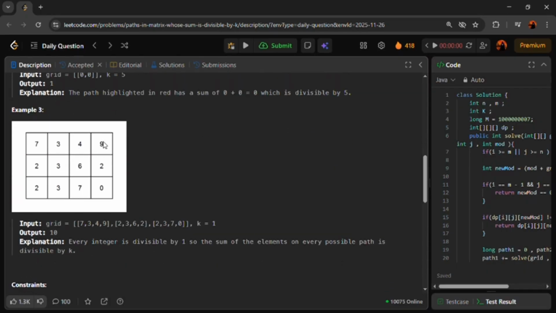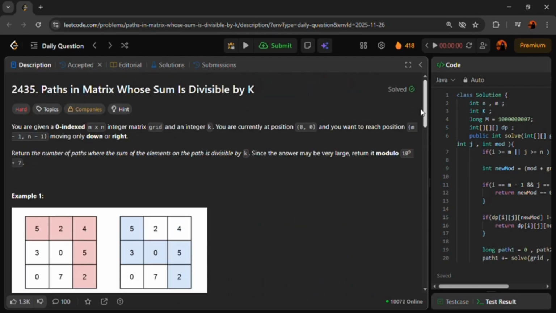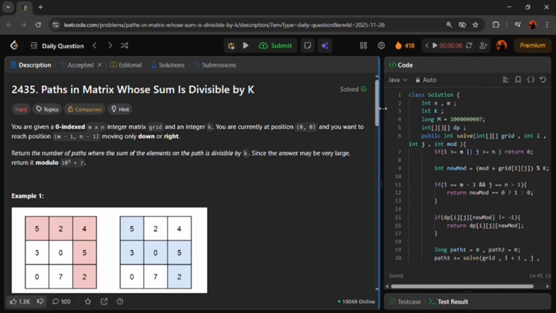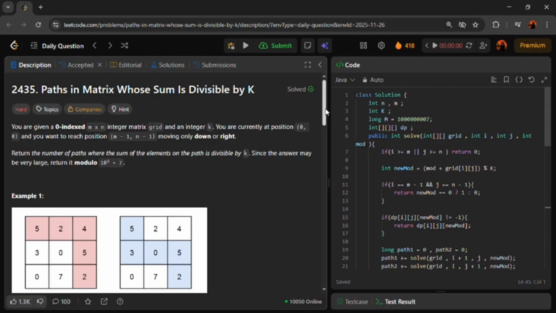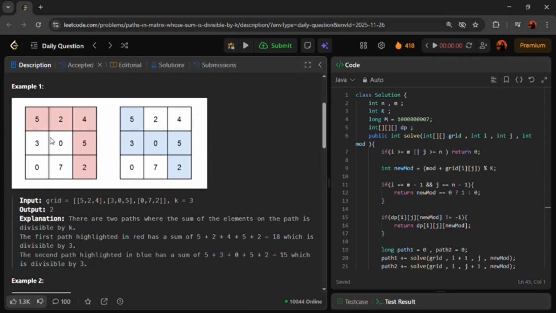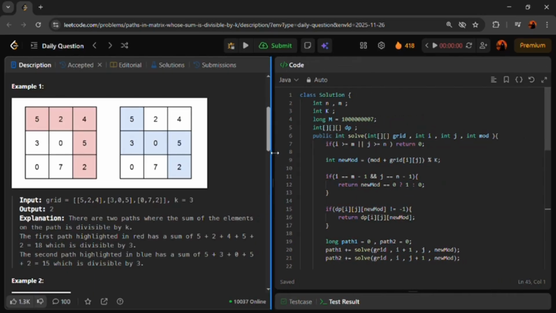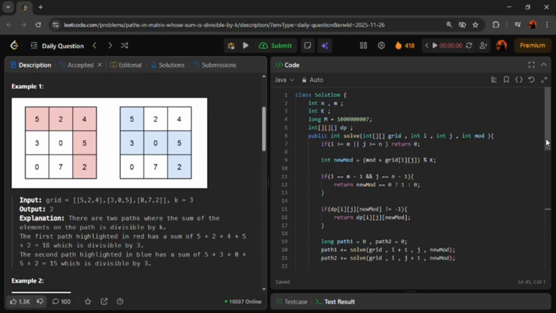And this is also an example which is very large, so I can't explain it to you. You can go through this as well. Now we move to approach number 1, that is recursion, the simple recursion method. As we only move down and right, the problem breaks into down or right. We write the recursion in which we go down and right. Let's see. I write the code